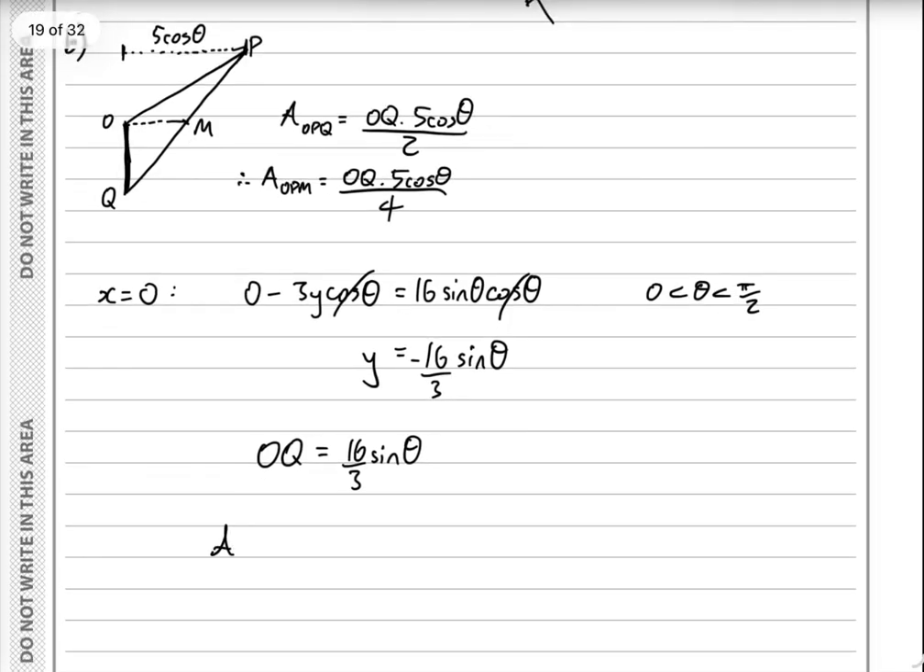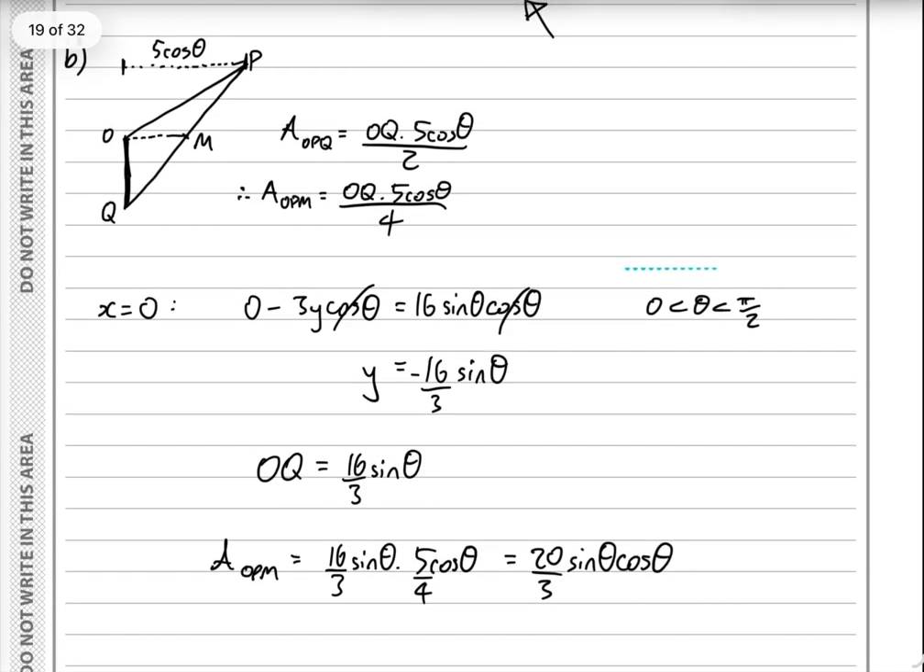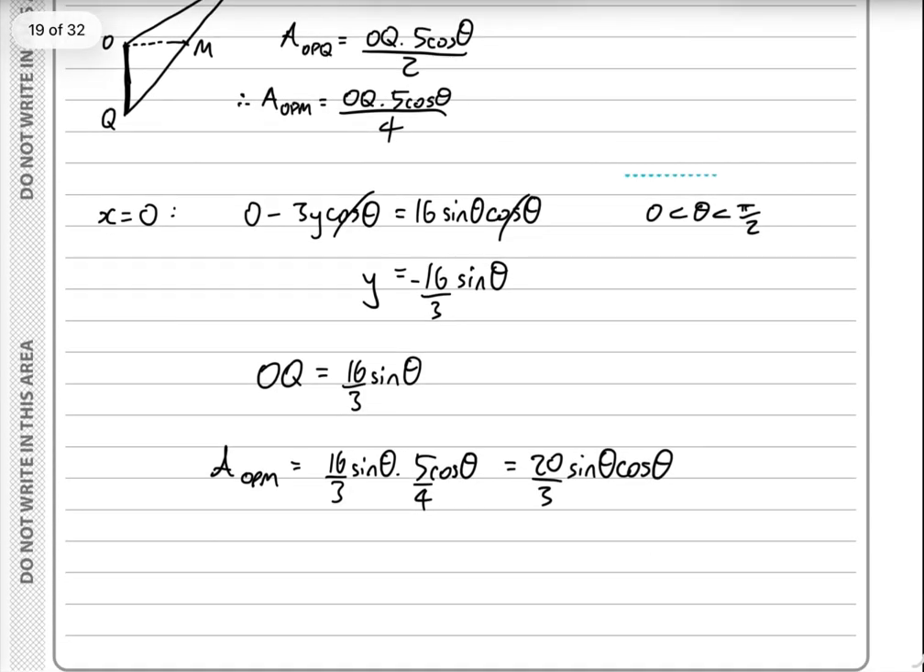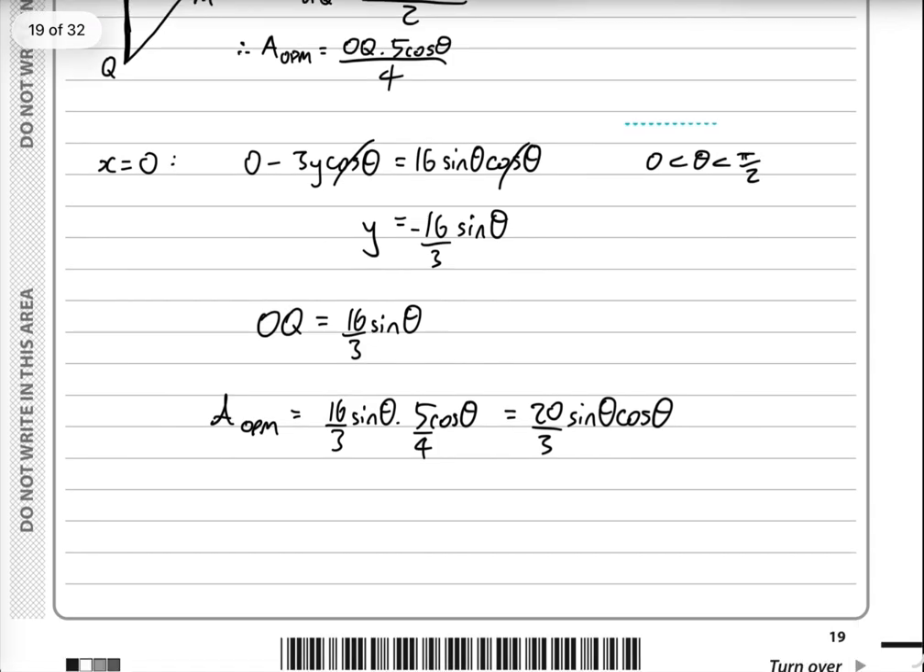So the area of OPM is 16 over 3 sine theta times 5 cos theta divided by 4. Just put that there like that. That's 20 over 3 sine theta cos theta. How do we maximize that? We want the maximum area as theta varies. We could differentiate that. Don't want both functions. Let's make that a sine 2 theta by pulling out a 2